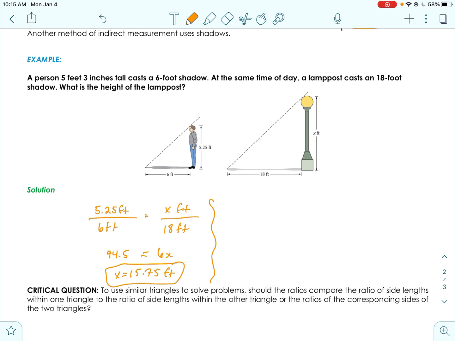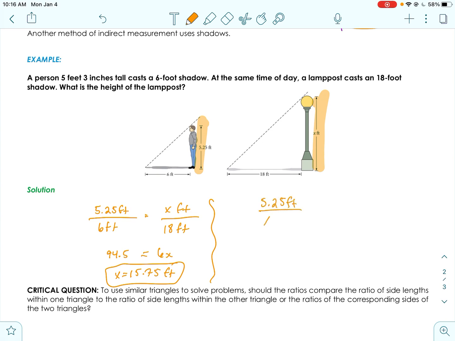What you'll see here is I compared sides of one triangle to sides of another triangle. The other thing that you could do is compare corresponding sides in one triangle to corresponding sides in the other triangle. So if we were to do that, we know that the height of the person corresponds to the height of the lamp. So we could say 5.25